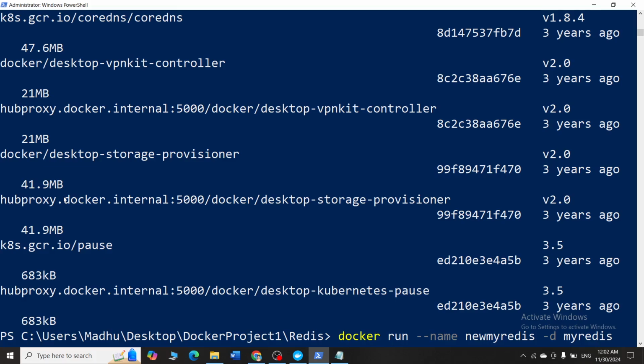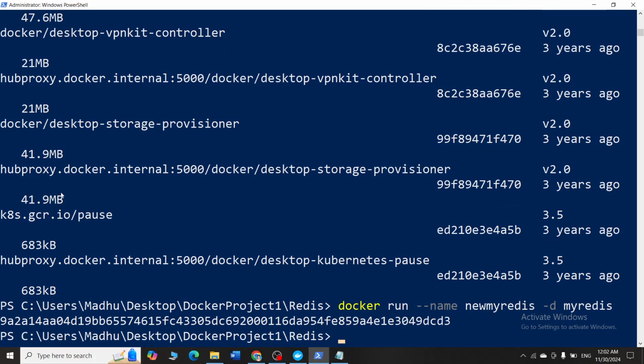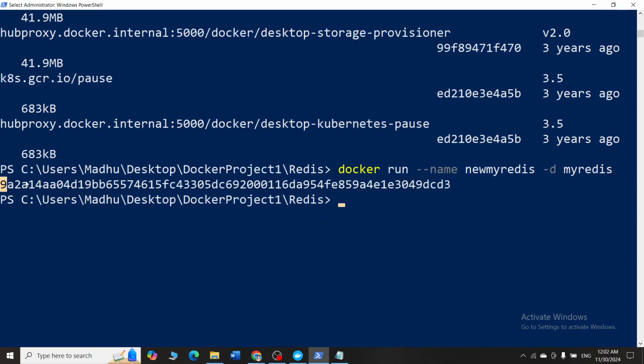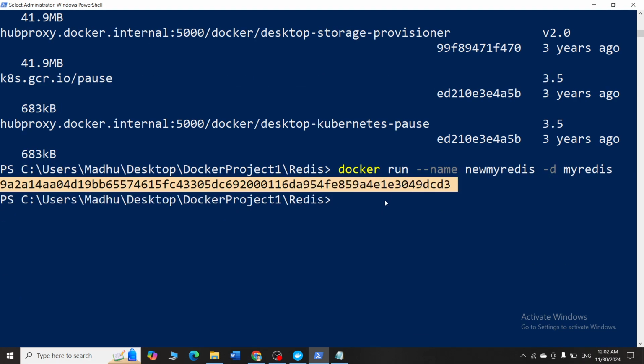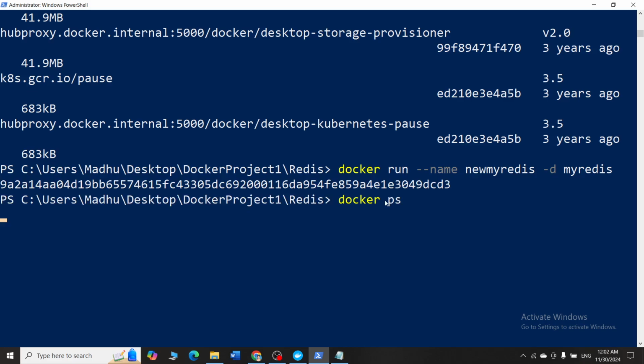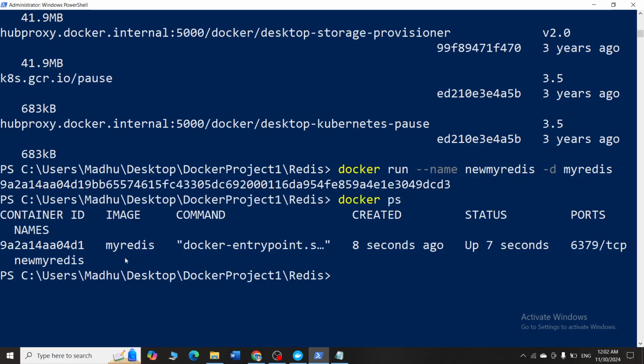My Redis is the name of my image. New my Redis is the name of the container. You can give any names of your choice. I have given it like this. So you can press enter. And once you get this hash code, that means that your container is running in the backend. To check, type docker ps. And you can see my Redis is now successfully running.